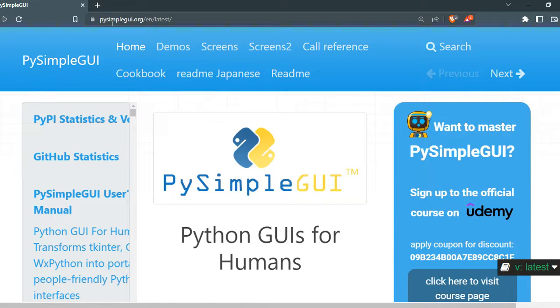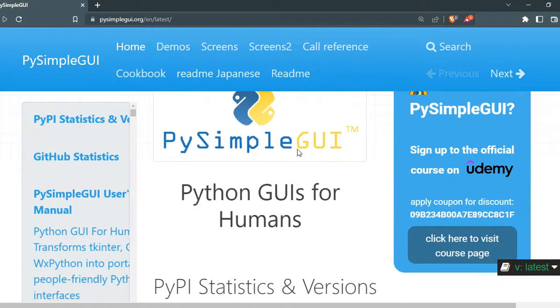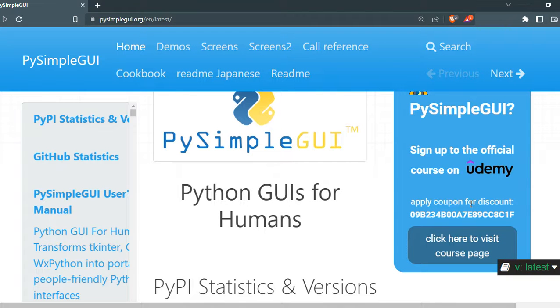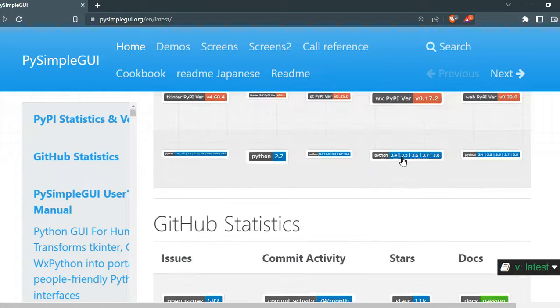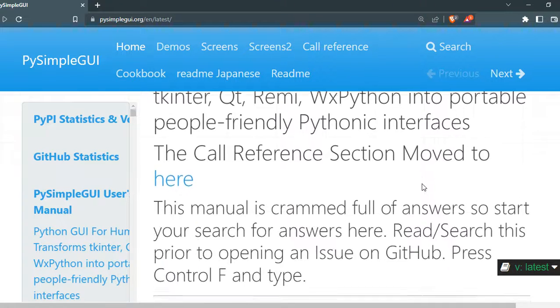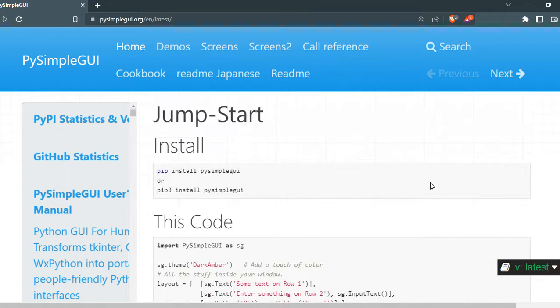You can go to pysimplegui.org for more information. The creator of PySimpleGUI has also a very nice course on Udemy for less than $20. It's an amazing course, a lot of projects there. So we are going to use PySimpleGUI to create that app. And to start,